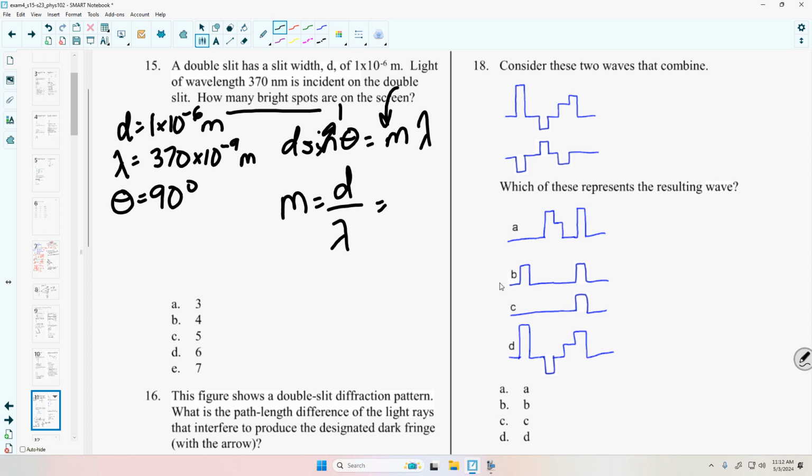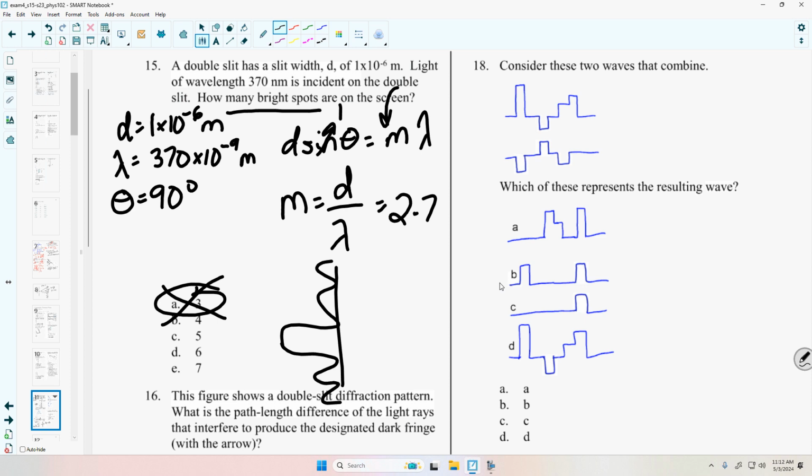I get 2.7. So you might be inclined to put 3, but that would be wrong. Let's look at our interference pattern. What that means is that I get 2 bright spots on either side. I can't round this up, even if it's 2.9. I don't round it because that means that I haven't yet gotten to that next bright spot on the interference